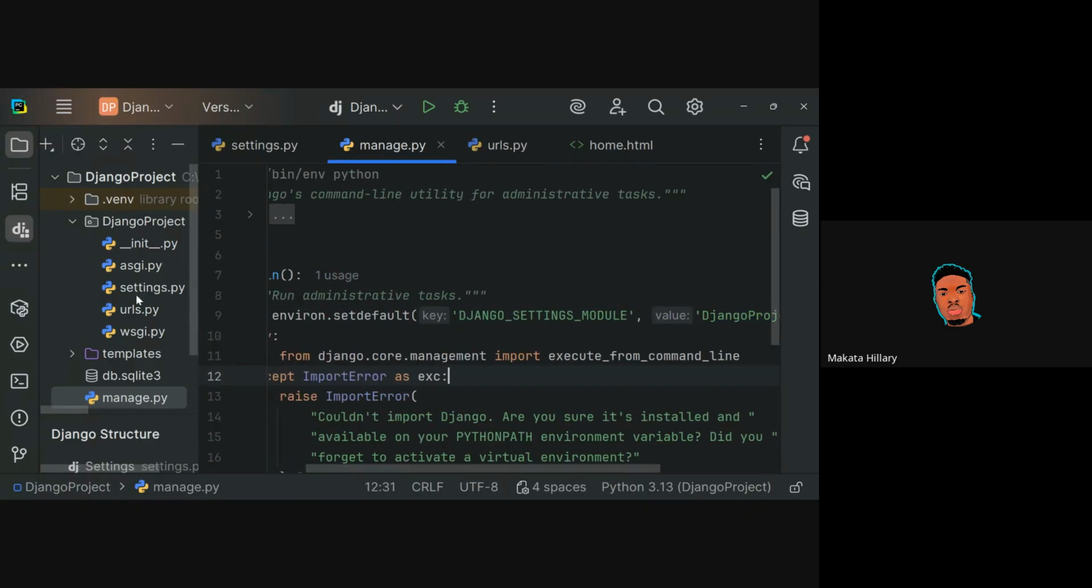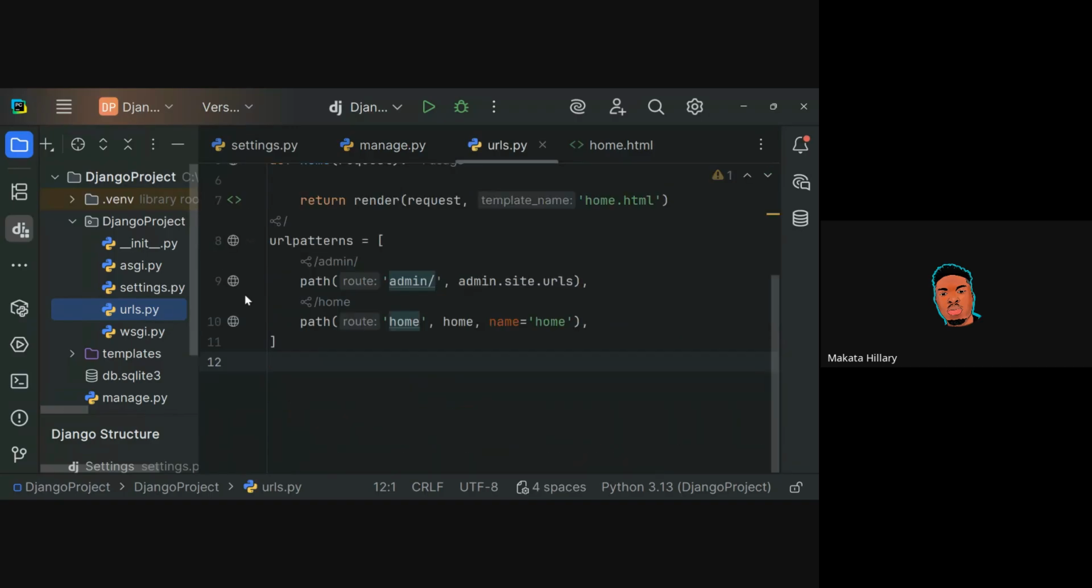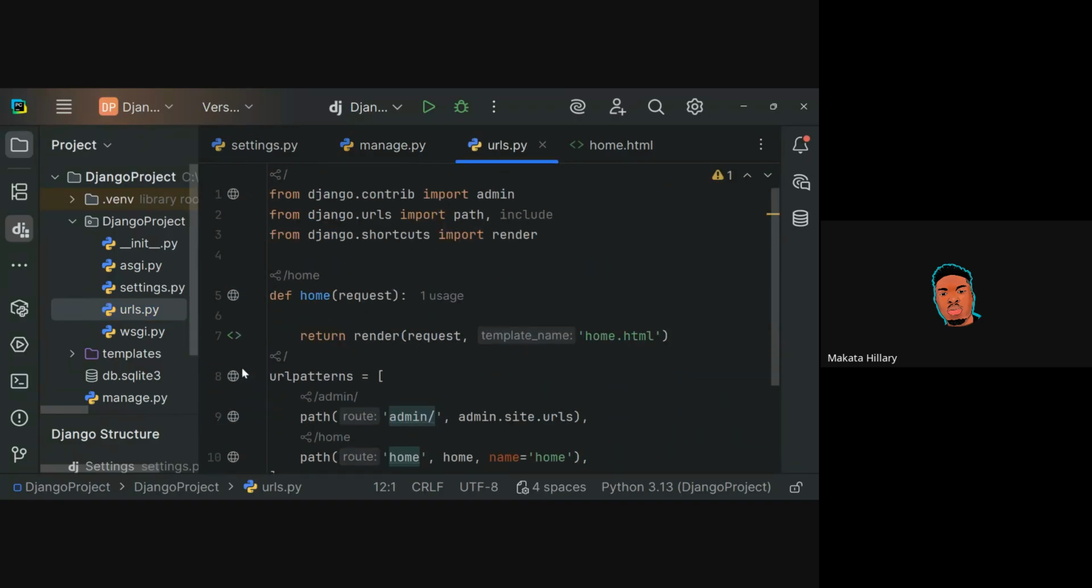So onto creating our account app, which will be managing our account creation and login. What we have to do is,